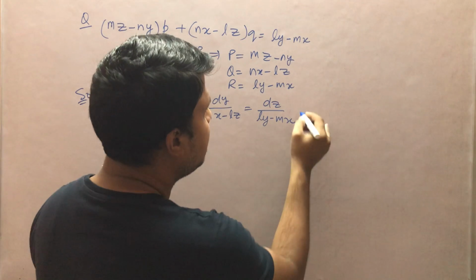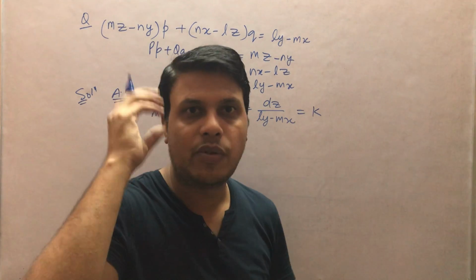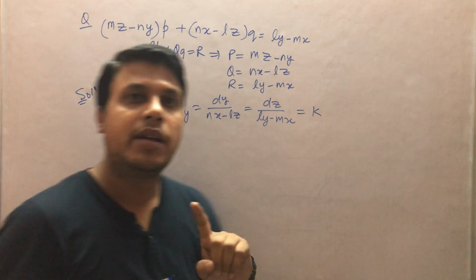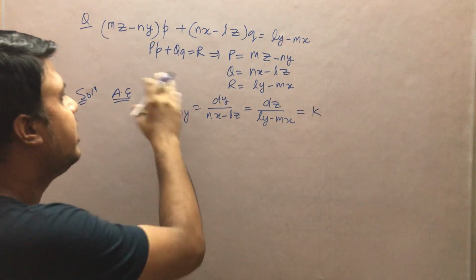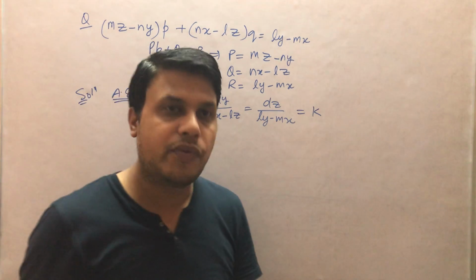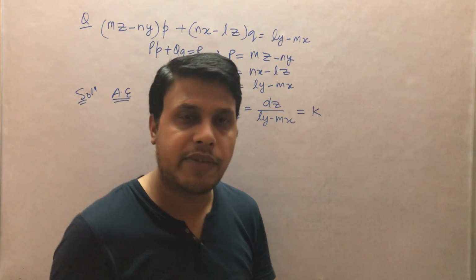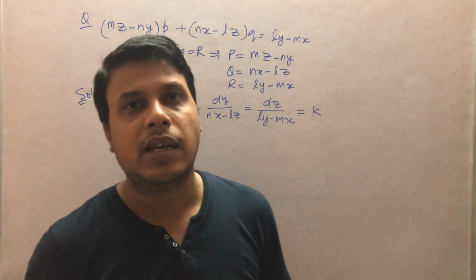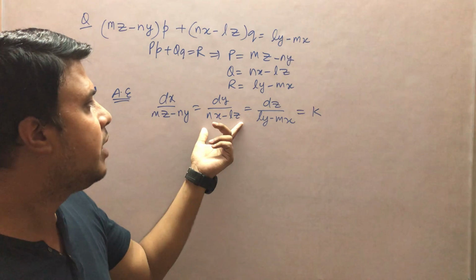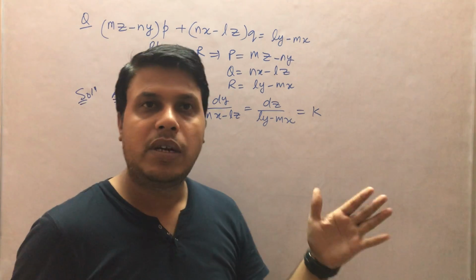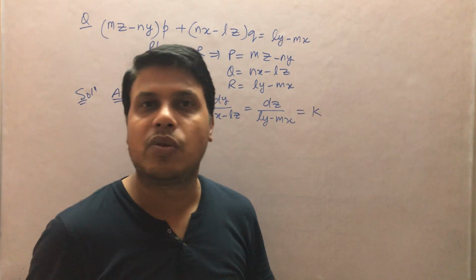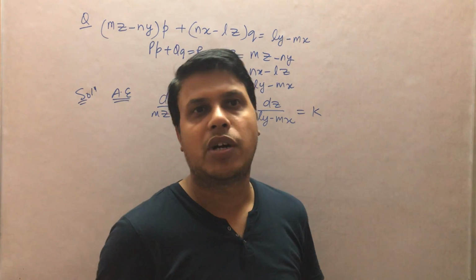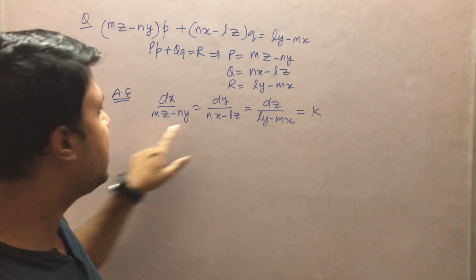Okay, so we have to do some brain work here. And one more thing you have to remember: you can multiply dx upon mz minus ny, or we can multiply or divide the first term by x only. That is, we cannot multiply or divide the first term by y or z. In a similar manner, we can divide or multiply the second term by y only, and in the similar manner the third term by z only. Whatever operation we want to do, the operation should be of the same variable actually.